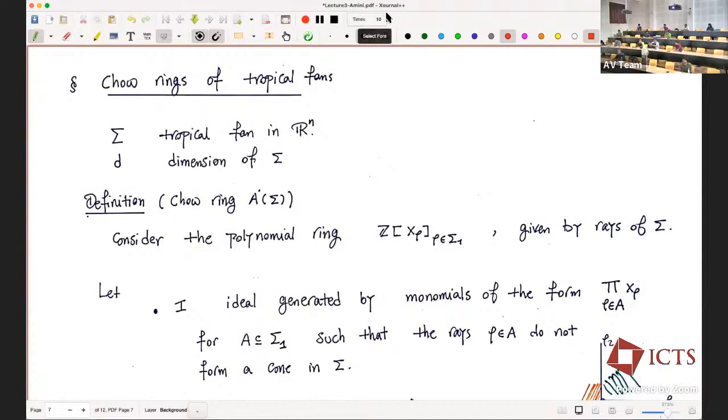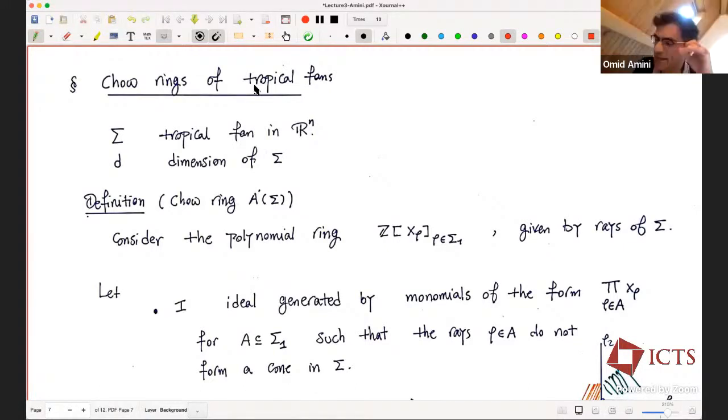Are you going to explain the equivalence of divisors? For example, if I am in P1, any two points are equivalent as divisors. So how do I see this in this setting? The claim is that in this setting, this ring that I'm going to introduce has a part which is called A1, and that gives you exactly the equivalence of divisors, but not inside the tropical fan,